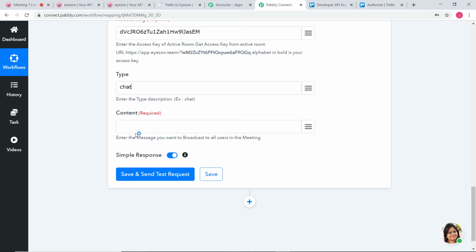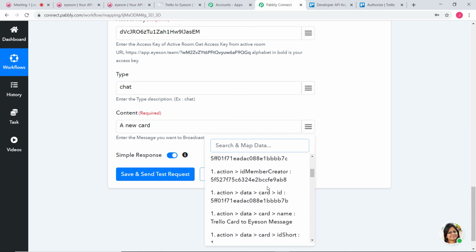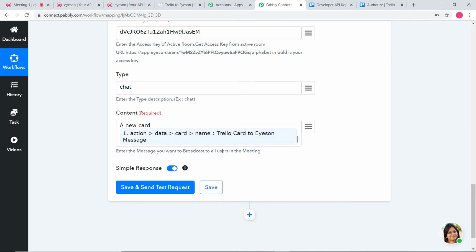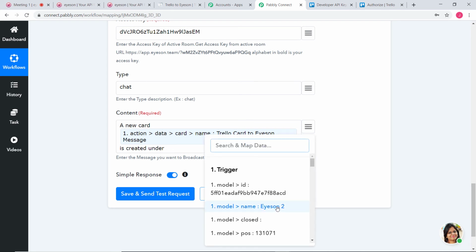Okay, now content. Here you have to write the message that you want to broadcast in the meeting. So I'm just going to write here, new card. I'll map the name of our card, is created under, we have the list name over here.